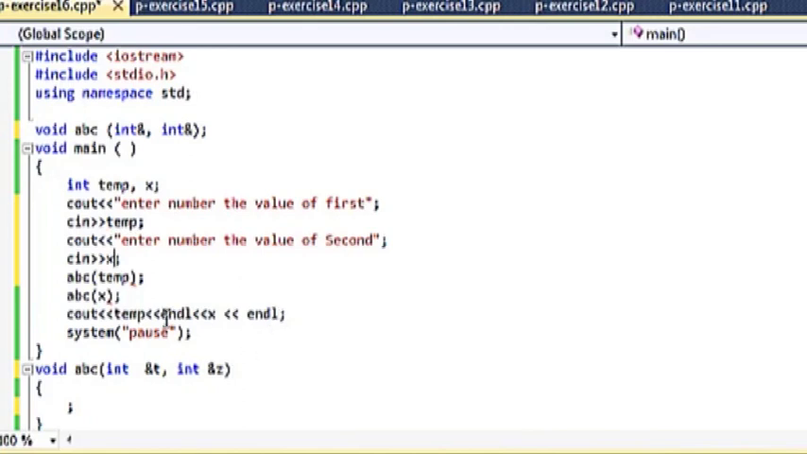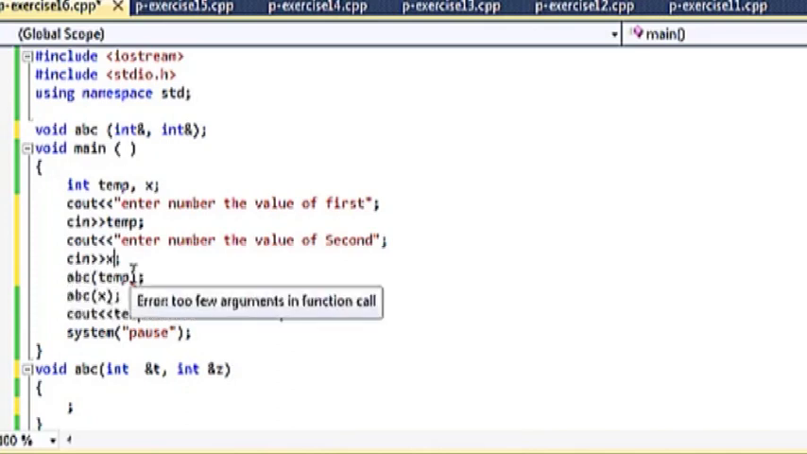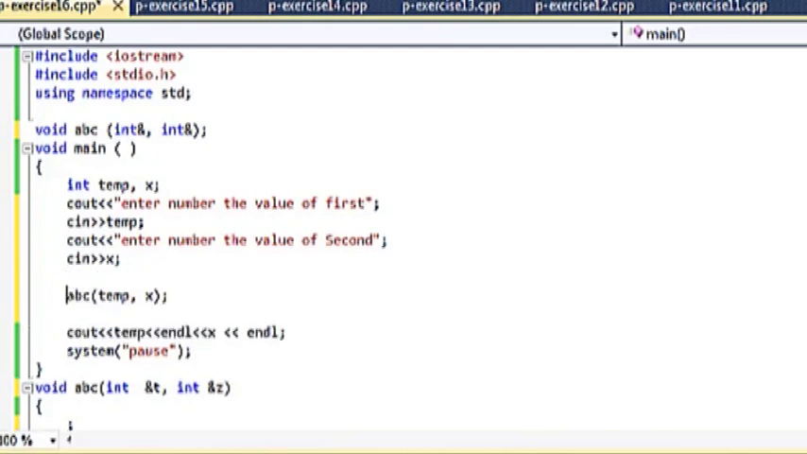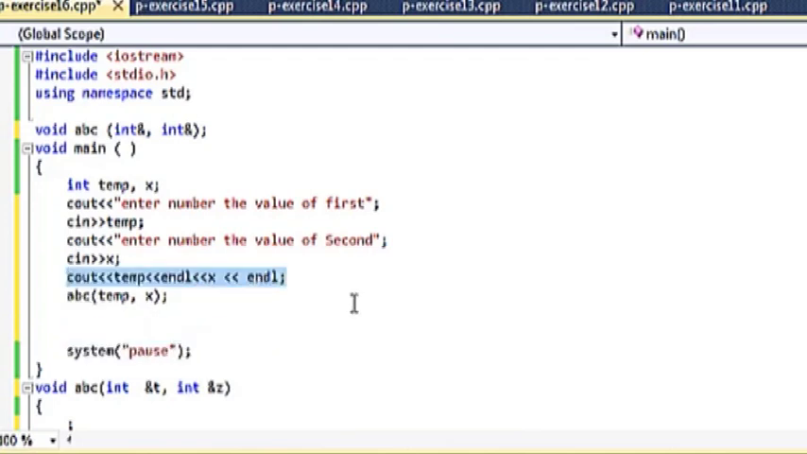I call ABC by temp comma x. Okay, I would like to have the printout of this value temp and x up here before calling. Then I call this function. Then I would like to have this value again,